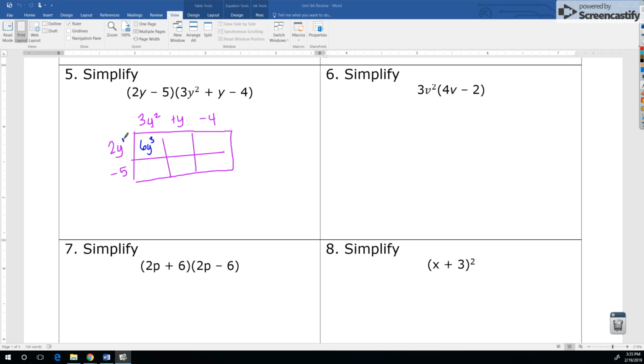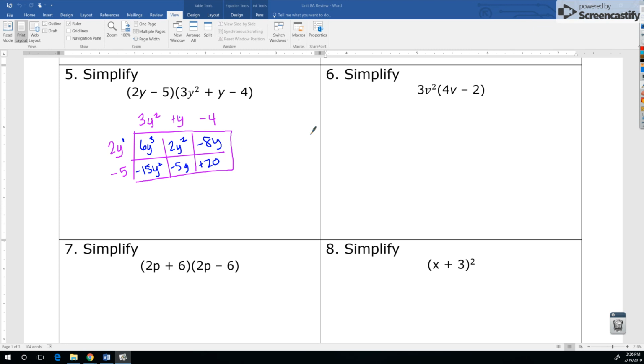Because remember, this really has a 1 here. Same bases, I'm adding exponents. 2 and 3 are called coefficients. I multiply those. Then I have 2y times y, which is 2y squared, and 2y times negative 4 is negative 8y. Now I'm going to multiply through by my negative 5. So negative 5 times 3y squared is negative 15y squared. Negative 5 times y is negative 5y, and negative 5 times negative 4 is